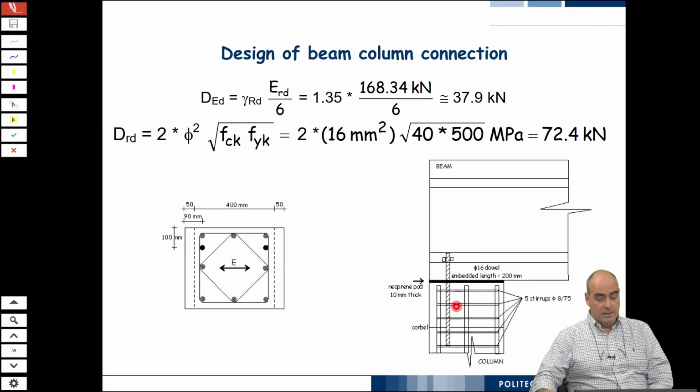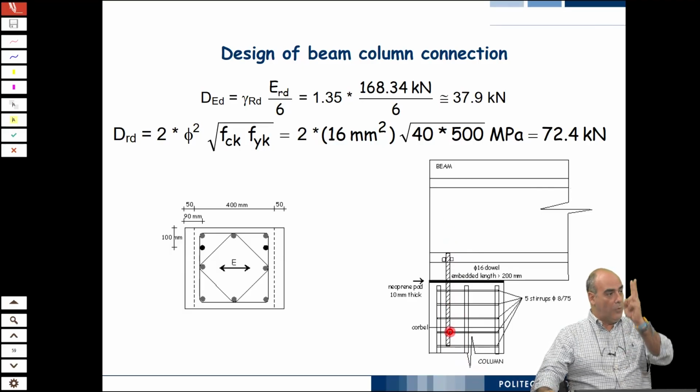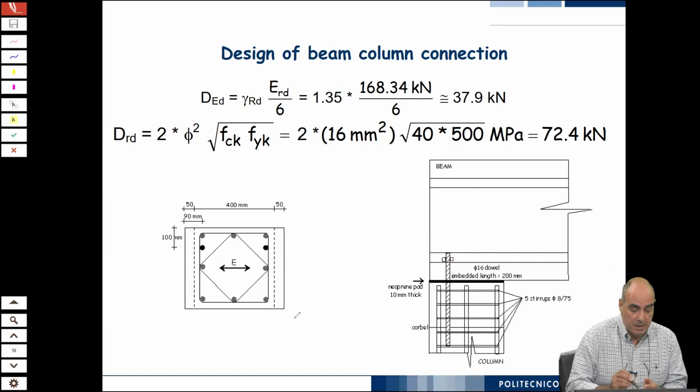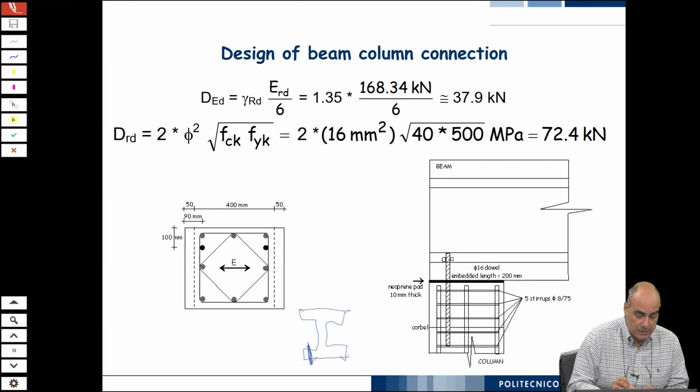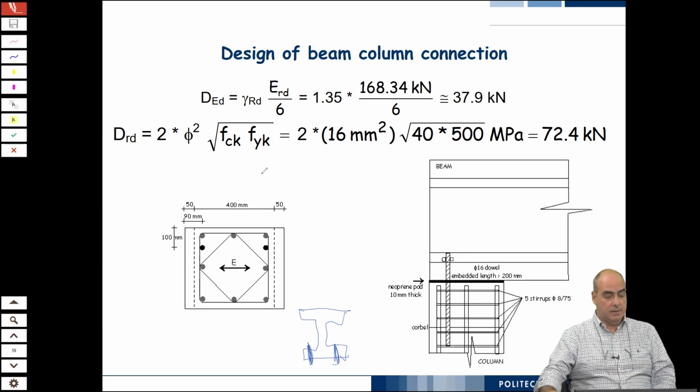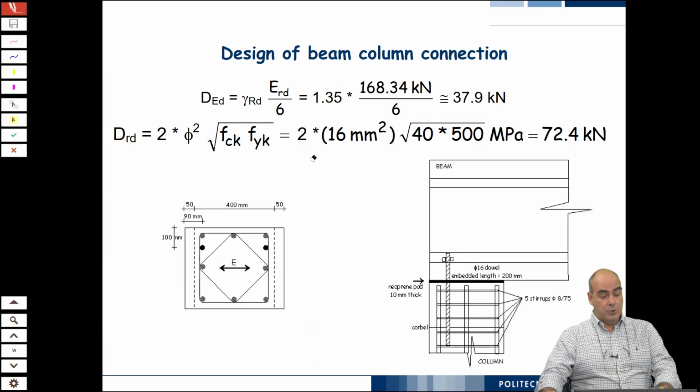But then with a little eccentricity, there are 2 dowels coming out of the bar. 2 because the beam was made like this. So the 2 dowels had to connect the 2 bottom parts of the flange. Okay, and these dowels were, well, we said 16 millimeters. 16 millimeter. Actually,